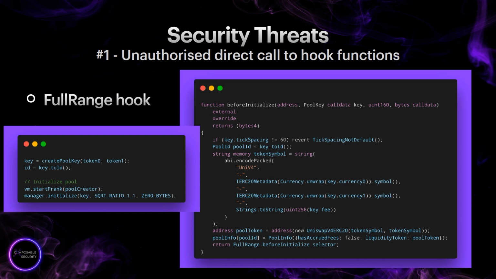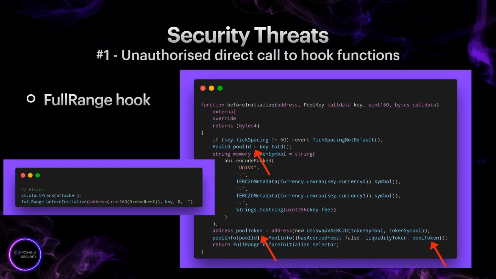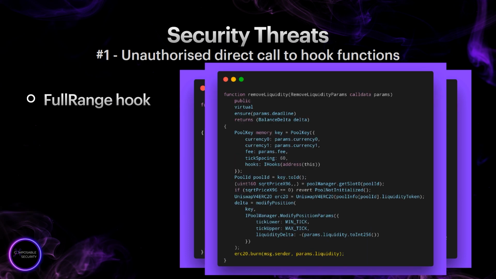So here's the code. You call the before initialize function directly, not through the pool manager. And you specify any parameters. It doesn't really matter, because what matters is that it will create a new pool token, this ERC20 that tracks your liquidity, and simply override it. Like in this pool info mapping, it will override the token. So now, when somebody tries to remove liquidity from this pool, sorry,